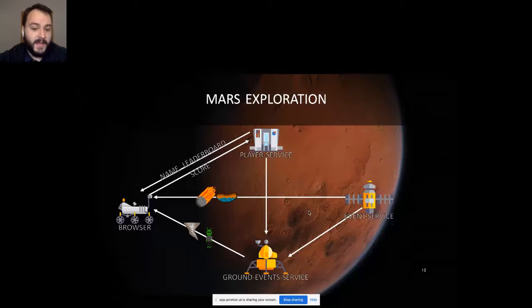Actually, this is a game which I have developed to show you the possibilities of Kubernetes and Istio. And our rover is our browser. Ground control, event orbiter, and ground event orbiter are services from our microservice application. So player service is like a ground control. It will tell our name and will show us the leaderboard, while we will be sending the score to the player service. Event service and ground service will be sending events to our rovers.